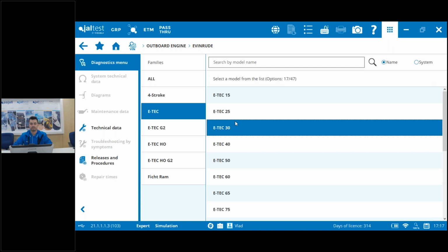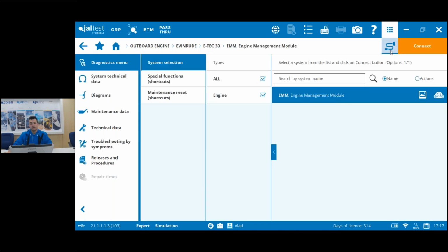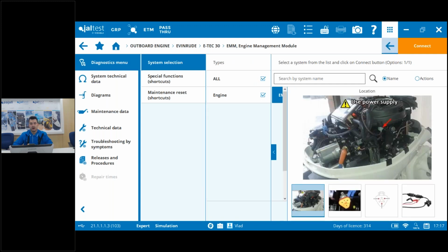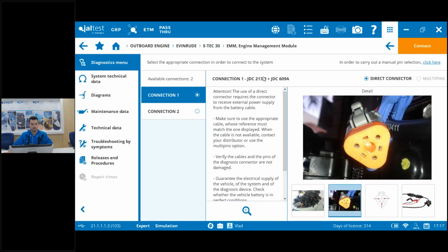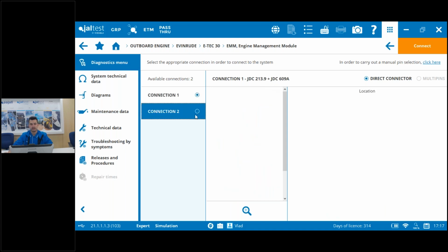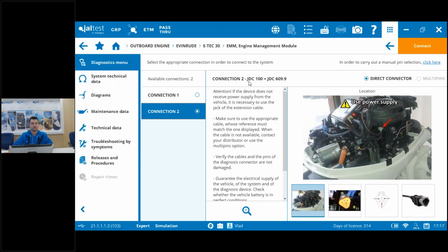And once we have done that, we must go again to the diagnosis menu, choose our option, and then connect our connector with the combination that we have here. Okay, the same, we have the standard JDC 2013.9 OBD cable, plus the specific JDC 609A. Here we have a second combination, again with JDC 100 plus JDC